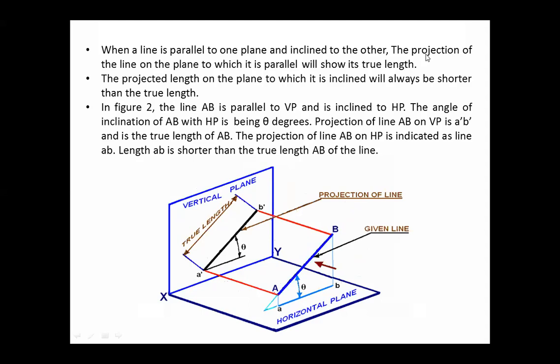Okay. Now we will see a bit more complex one: a line inclined to a plane. When the line is parallel to one plane and inclined to another plane, the projection of the line on the plane, as we have seen in the previous case, gives the true length. Now this line AB is parallel to which plane? Horizontal or vertical? Vertical. Okay, very good. So the projection of this line on the vertical plane will give its actual, or true, length. So what we did: the projection of point A is drawn here.